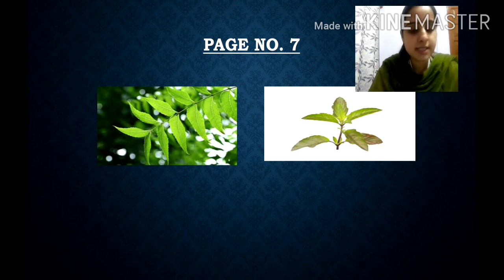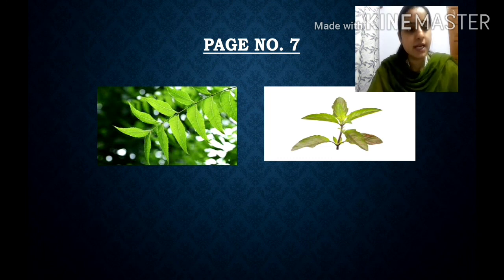So children, there is a small table which you can see in your book: shapes, arrangement and edges. You can find different types of shapes. It can be hand shaped. Just see your book: hand-shaped leaf, spear shape, heart shape, round shape and needle shape. So these are different types of leaves. Then arrangement: simple and compound. Simple means a simple leaf, compound means you will see many leaves there. Then edges, you will see, children, smooth, toothed and lobed. So there are different edges also.